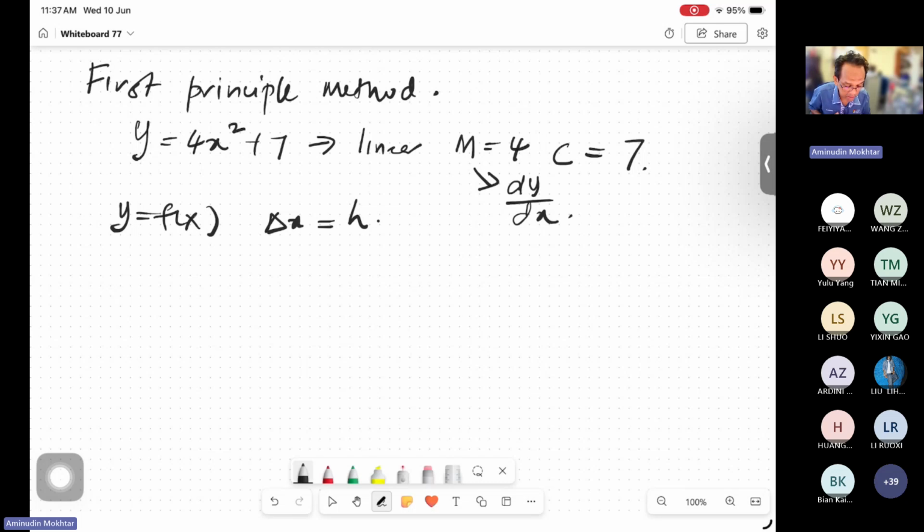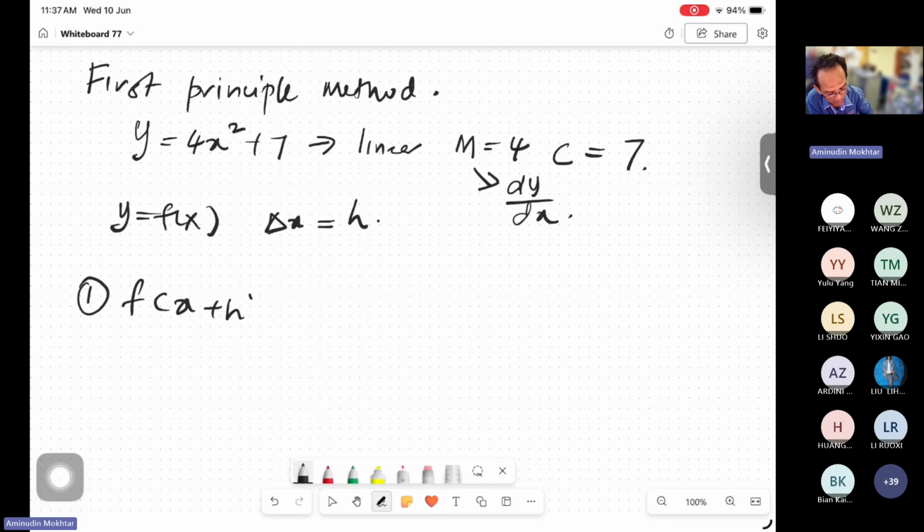I hope you can follow this explanation, because in the text we do not use delta x. In order to simplify this process, I change delta x to h. We can assume delta x equals h. So the first step is we just add h to this function. We have f(x